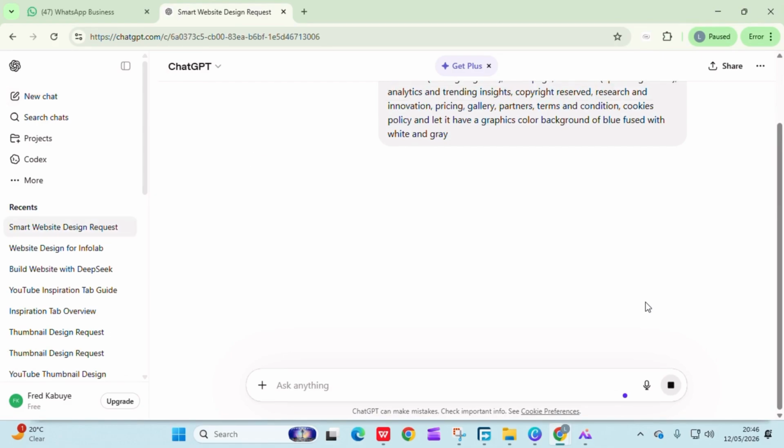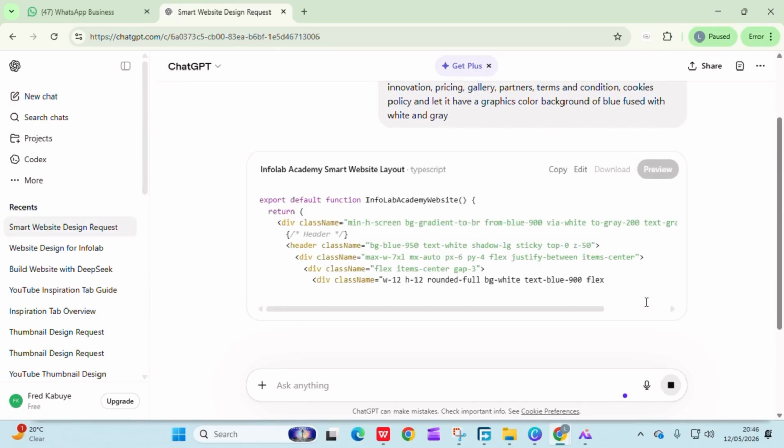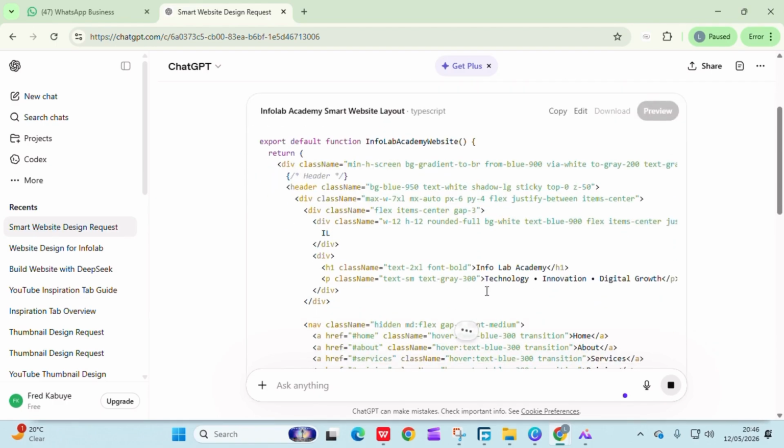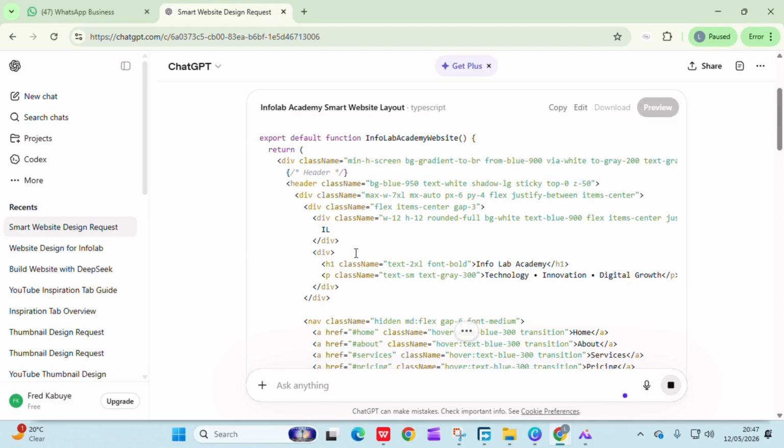Then after I click on enter, it is now going to generate my code. So I will wait for some minutes as it is generating my code. So as we are waiting for the results,